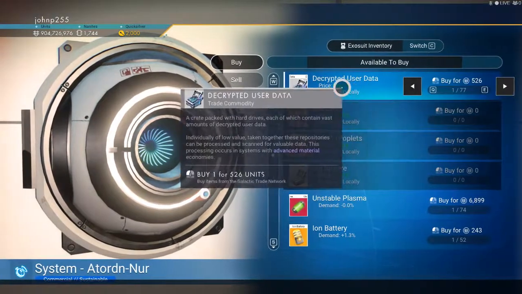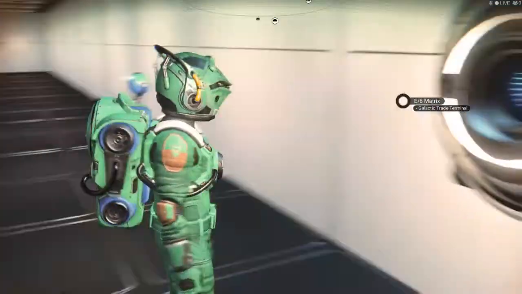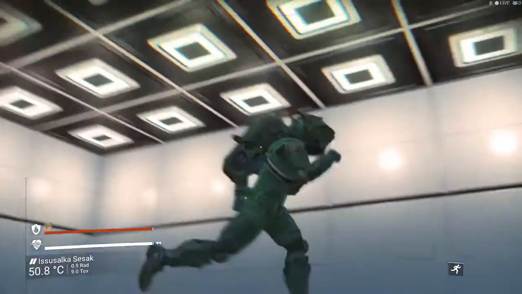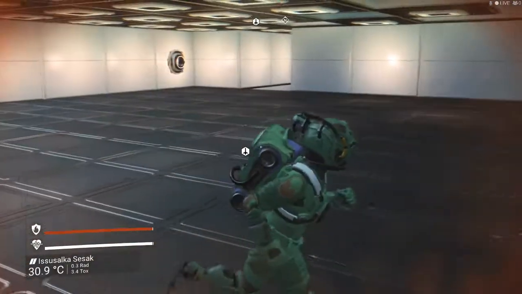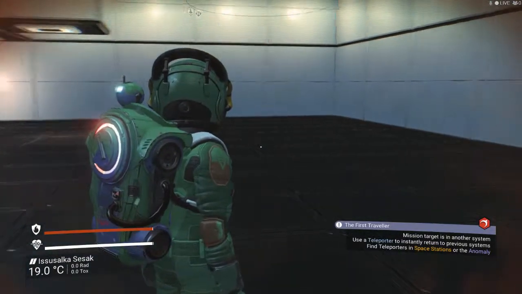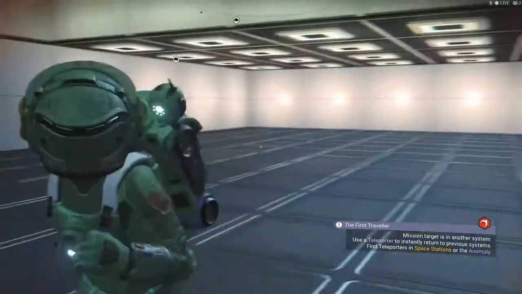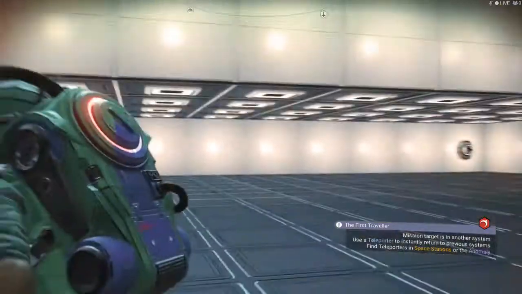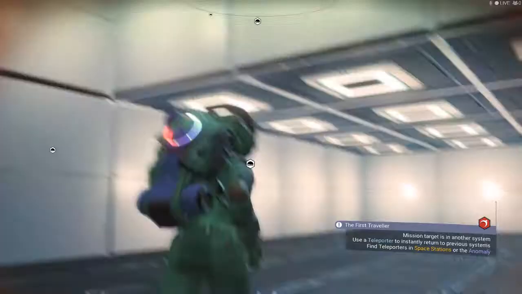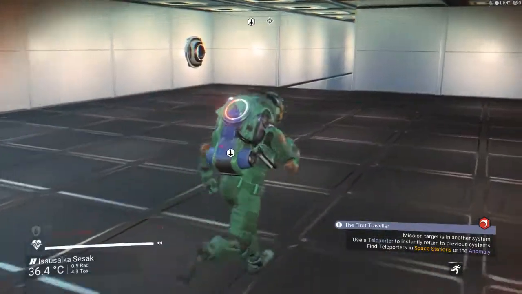Decrypted user data, it's not something I really need. But I've got that much money, I don't really care about spending it now, because in any 24-hour period I can pick up a few 100 million units, easy enough. Just do a bit of hopping around my bases. What I want to do is need pure ferrite, so let's see if...